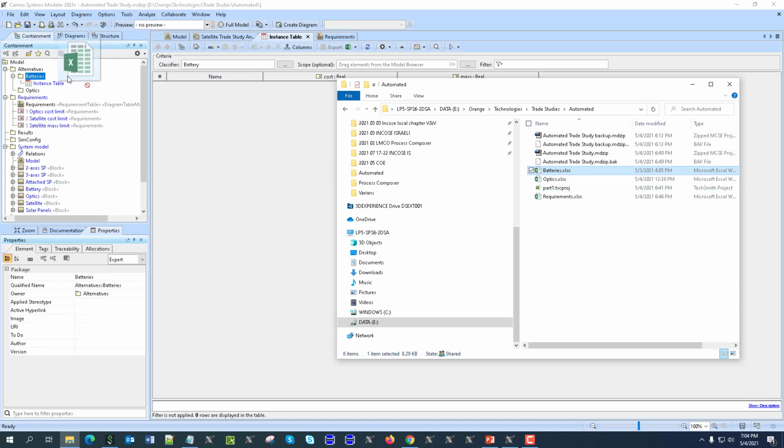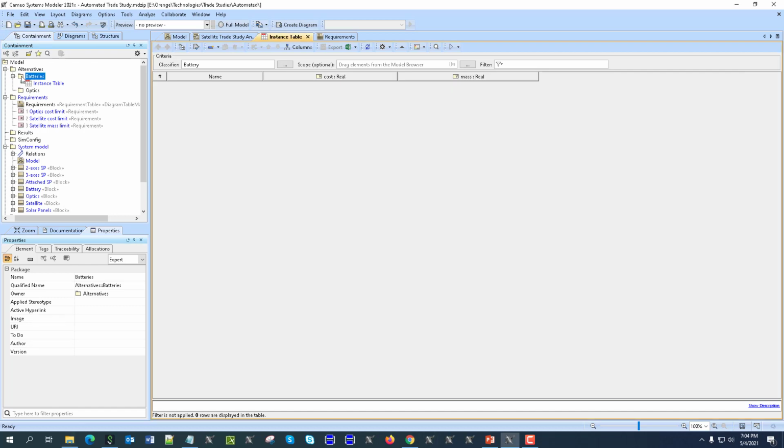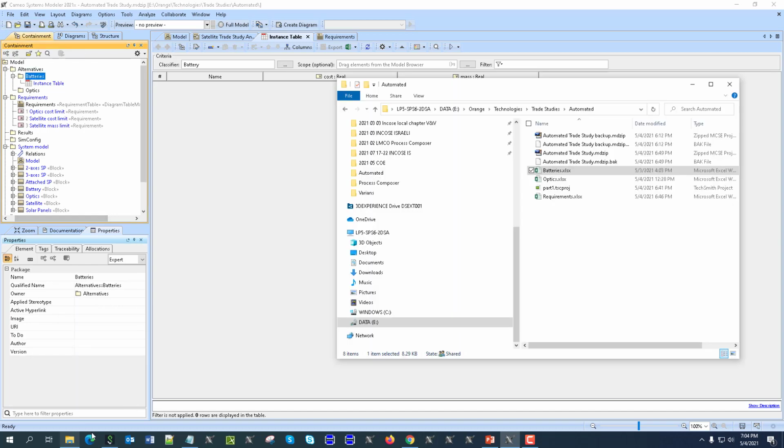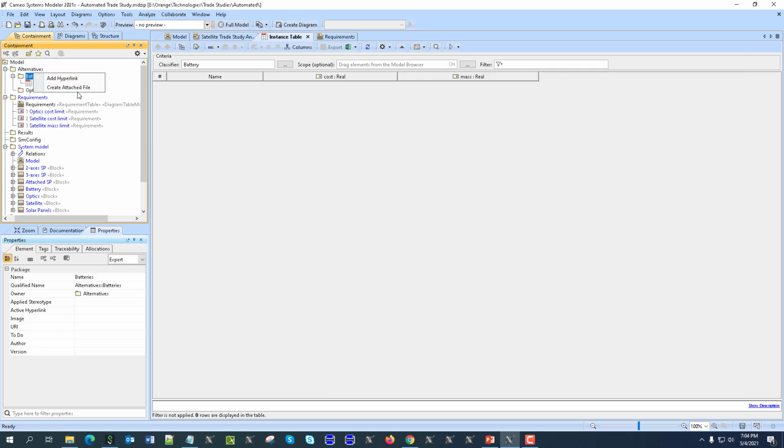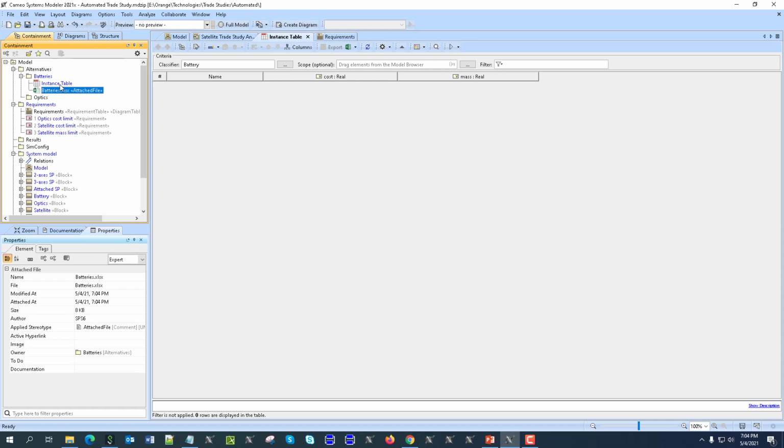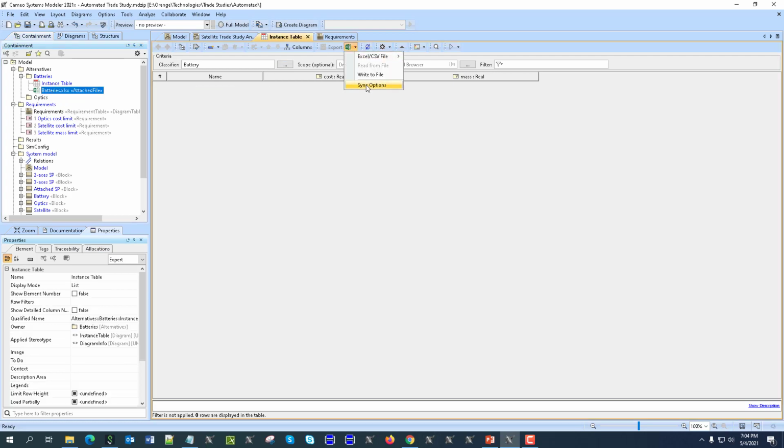Actually, drag it and wait a little bit with the right mouse button. Battery, wait. And then create attached file. So wait like 3 seconds and then release and then choose that option. Okay, so now we have this